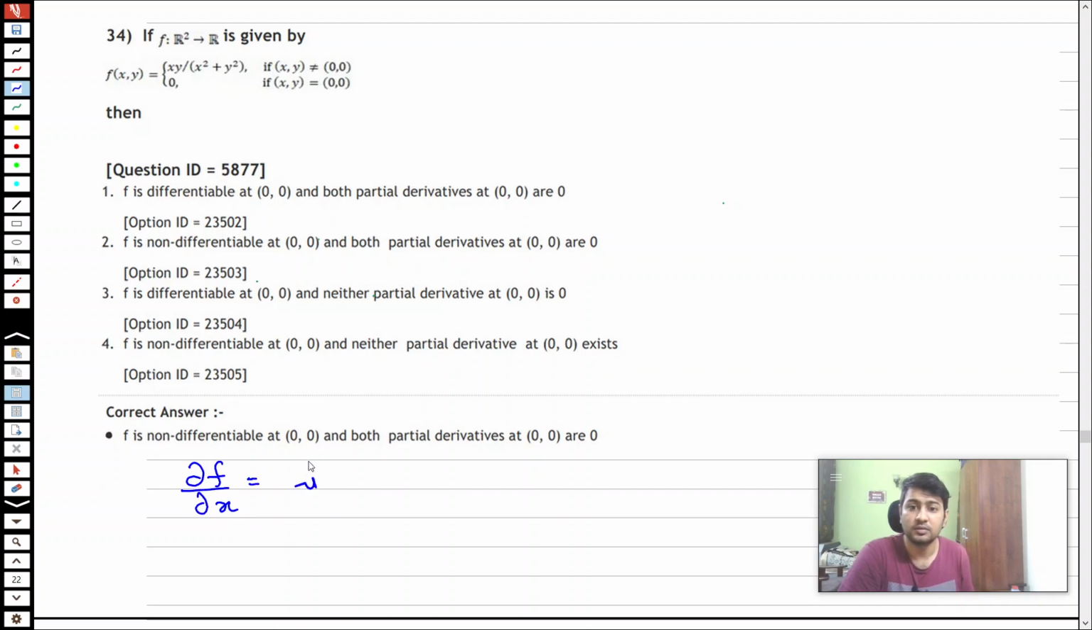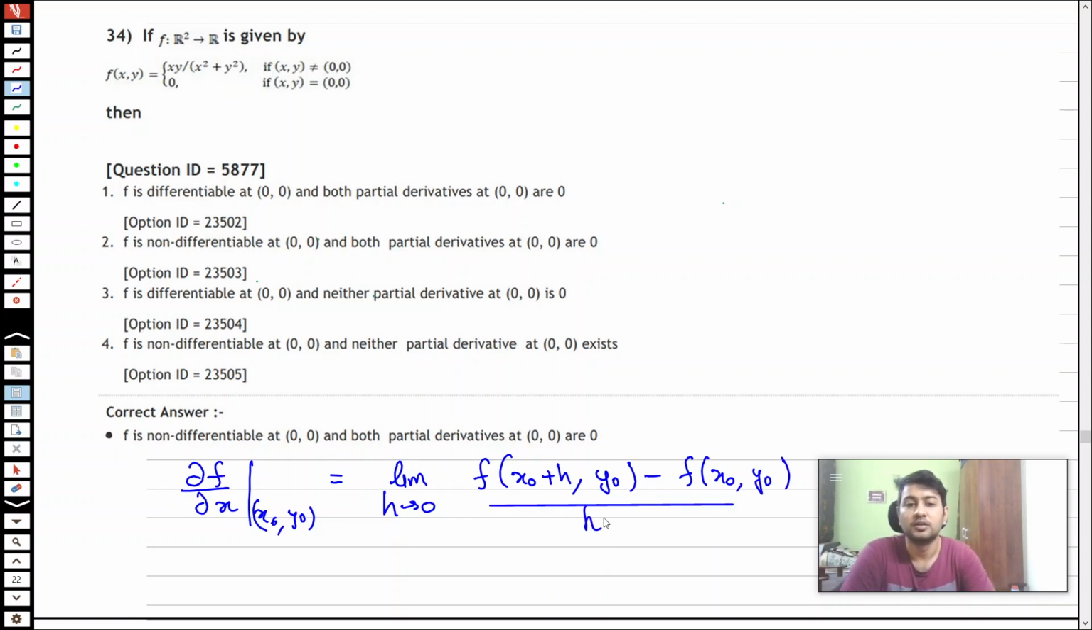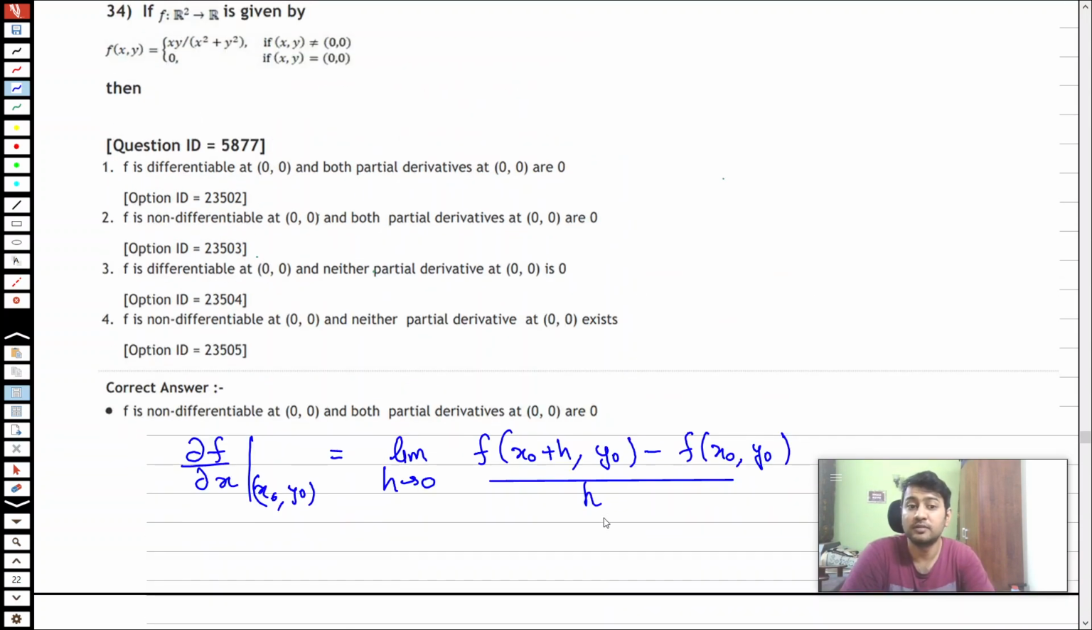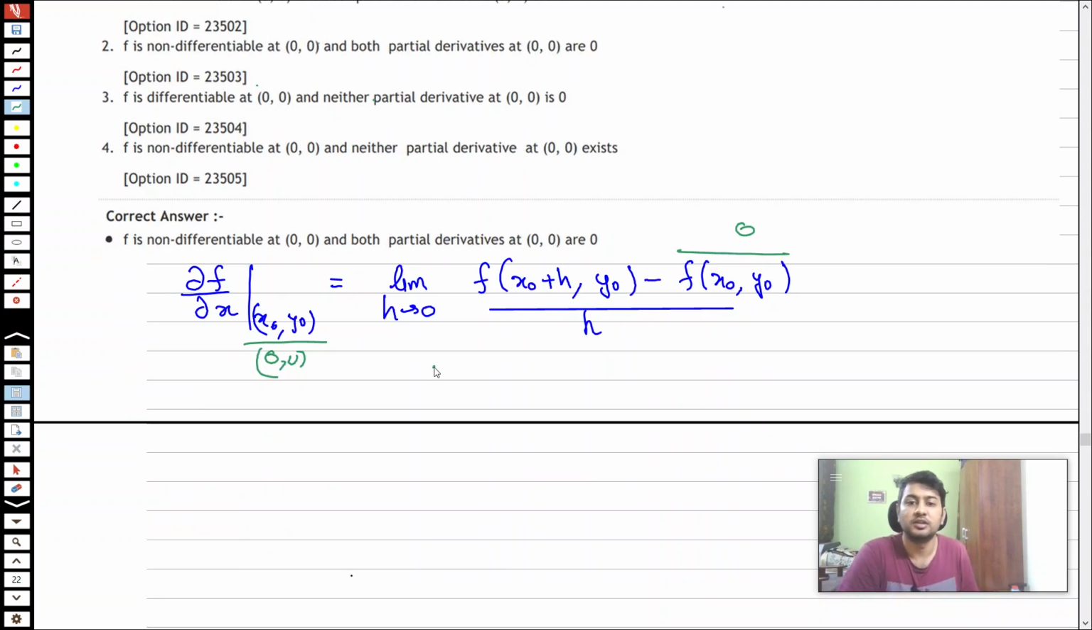at any point x naught comma y naught is equal to limit h tending to 0 of f of x naught plus h comma y naught minus f of x naught comma y naught divided by h. So this is the formula for the partial derivative. Now in this case I have my x naught comma y naught as 0 comma 0. So this value becomes 0. So the partial derivative just becomes limit h tending to 0